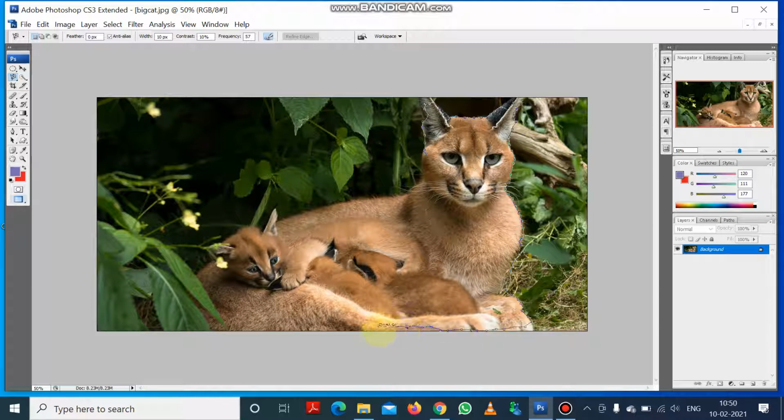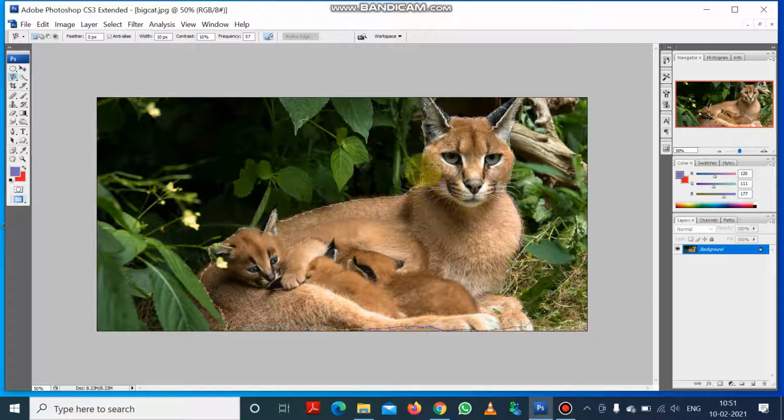And I'm moving the mouse cursor according to the edges, and you can see this. And now I'm selecting the baby cat, and also you can see I'm moving the mouse cursor according to the edges of the body of the big cat.